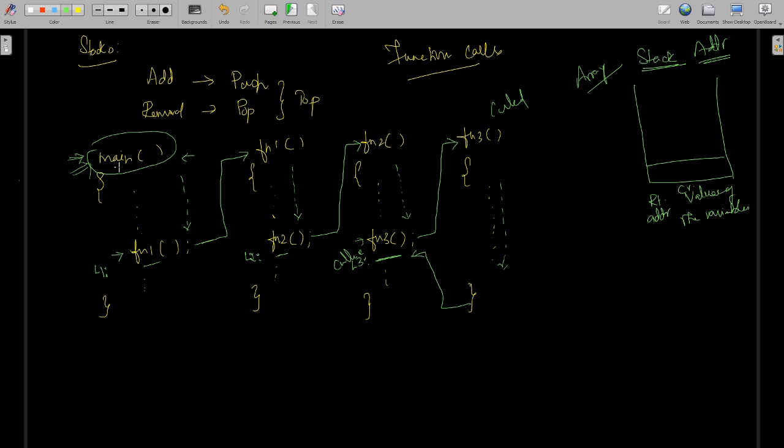If this function has variables a, b, c declared, then on call to function fn1, the current values of these variables are called the status. We use the terminology status,